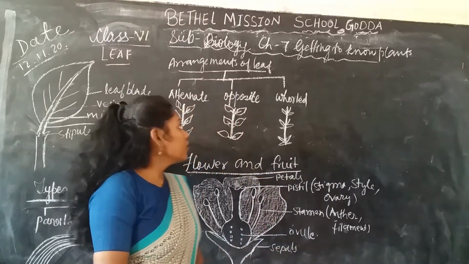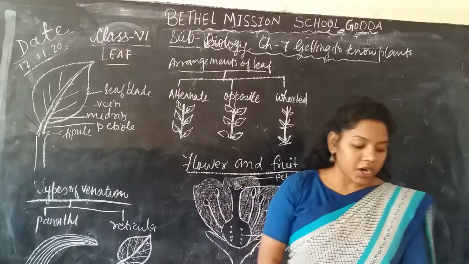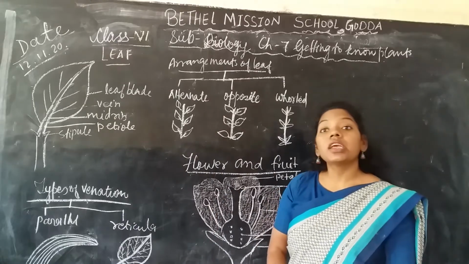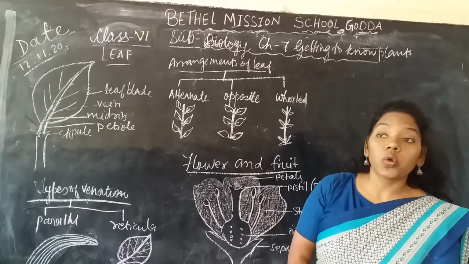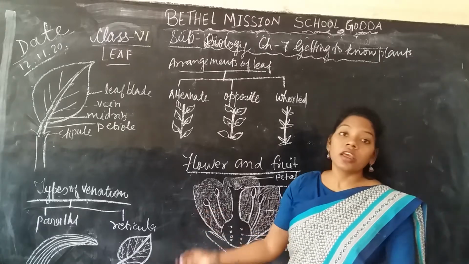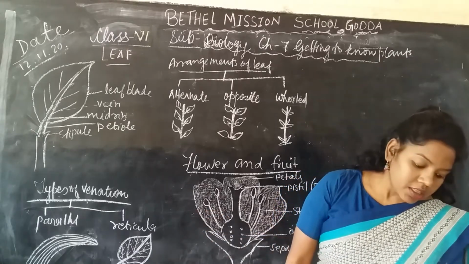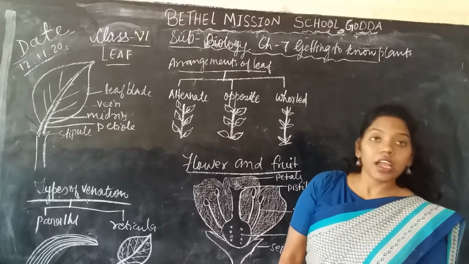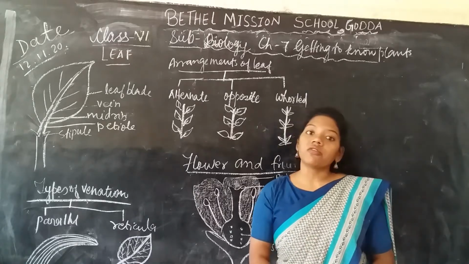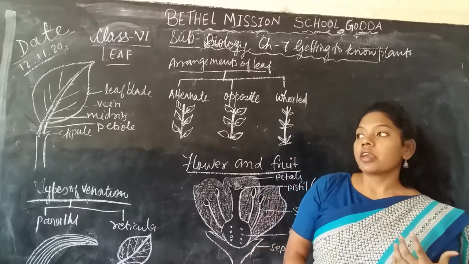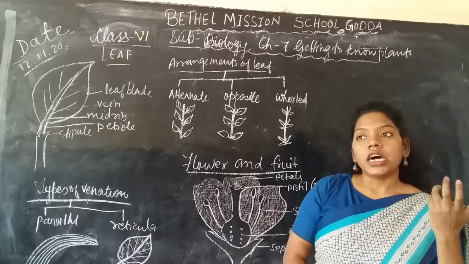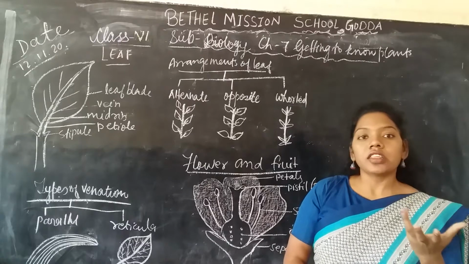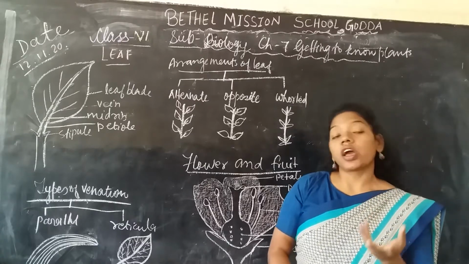leaf. So leaf is one of the most important parts, or we can say commonly seen on the plant. Yes or no? And it plays a very major role in the plants, and we can say it differs in shape and size in different plants. Different plants have different leaves and different sizes; the color is the same, but shape and size is different